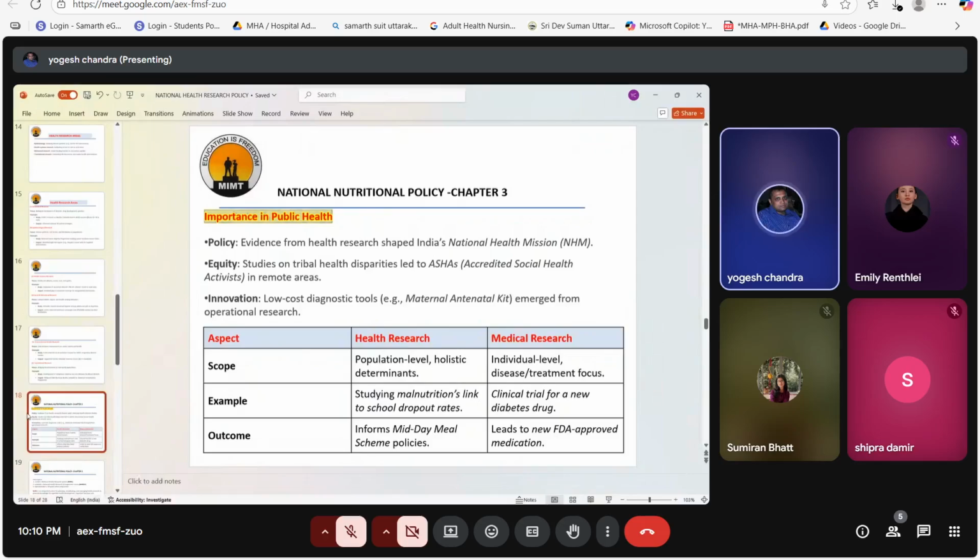Okay, now let me make you understand what is the difference between health research and medical research. Scope, as I already told, is population level, holistic, and a lot of determinants decide the research. While in medical research, most of the time it is individual level, and it is basically related with the disease and the treatment part. They are not addressing any determinants directly. For example, if we see the example of school dropout rate,